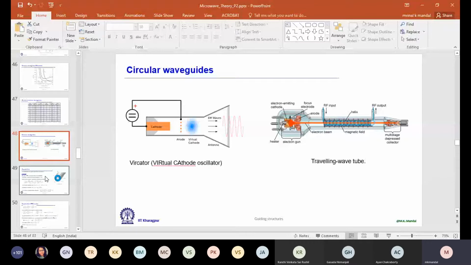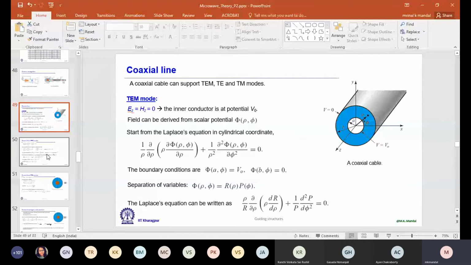Well, so after this, now we'll start coaxial cable or coaxial lines. If you look at the geometry, inside we have one inner conductor, and outside it's like a tube, a metal tube, and in between it is filled up with some dielectric materials. So the inner radius of the conductor is given as A, the outer radius is given as B, and inside we have some dielectric material which is defined by its mu and epsilon value.